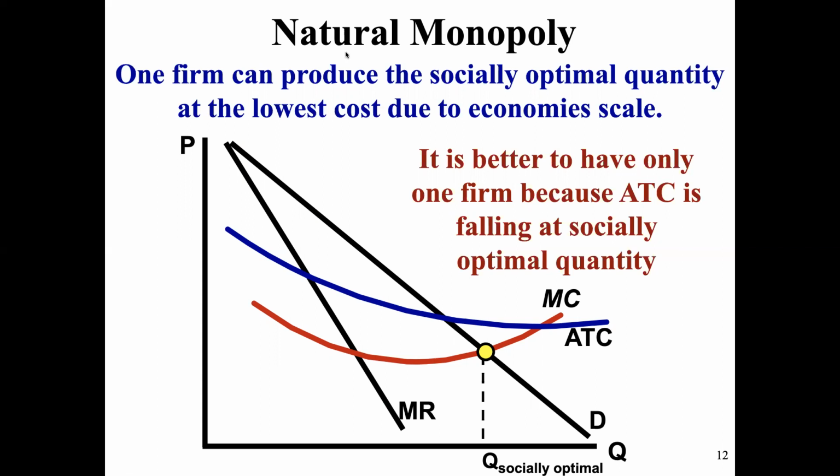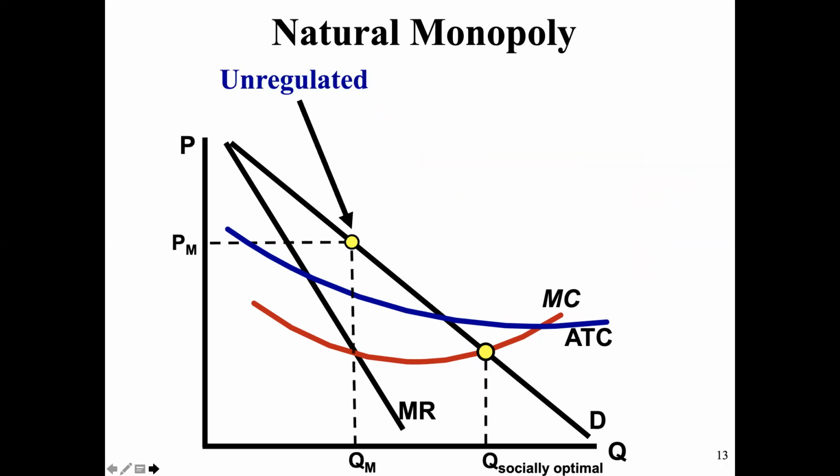Let's throw some price ceilings on it. Okay, first point of comparison we want to look at is what would this firm do if it was not regulated? If this was an unregulated monopoly, what would it do? Well, it would do what all firms want to do. They want to profit maximize. So they look at the tattoo on my arm and they say, we want to produce where MR equals MC. They would go up to the demand curve and over, and they would charge PM, the price for the monopolist, and they would choose QM, the quantity for the monopolist. Okay, so that's the first price and quantity scenario that an unregulated monopoly would produce.